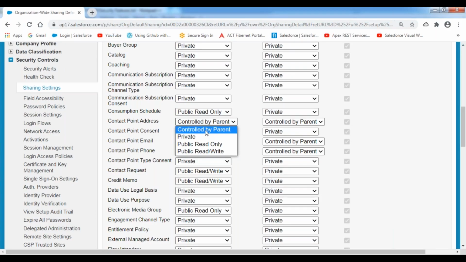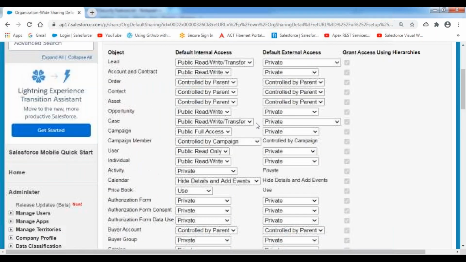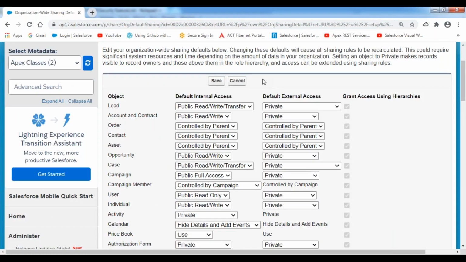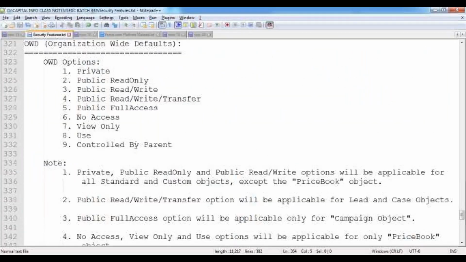Whatever sharing features apply to the parent record will be applicable for the child also. That facility is available. These are the various options available as part of this OWD. Now, how can we apply each and every OWD option here?